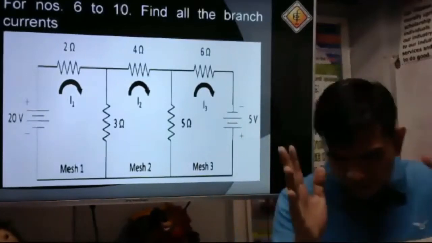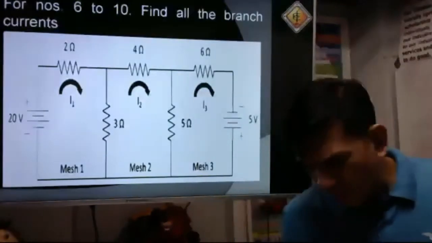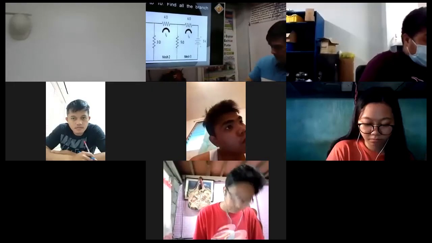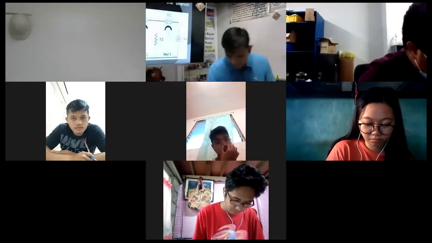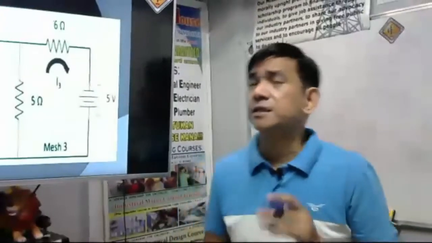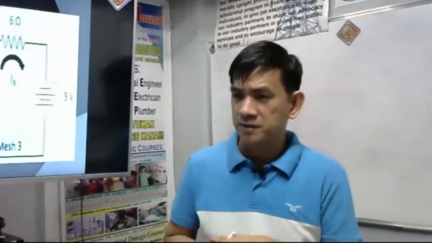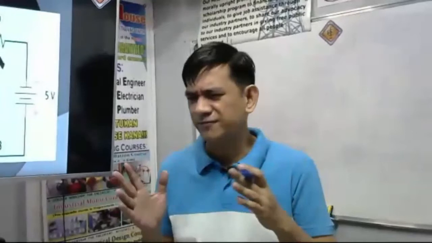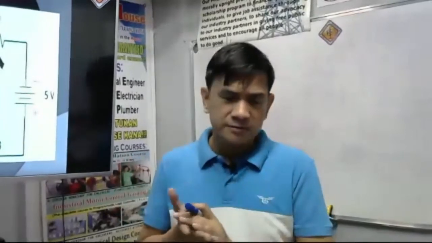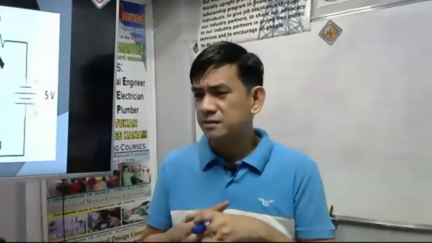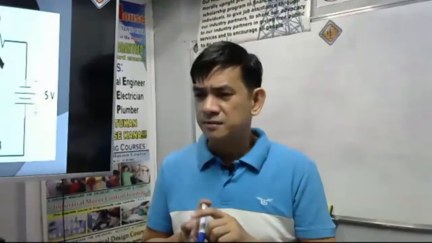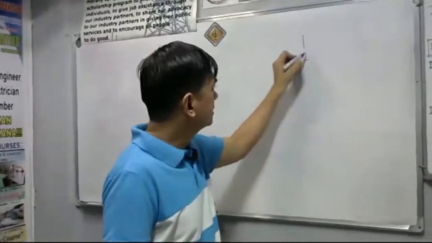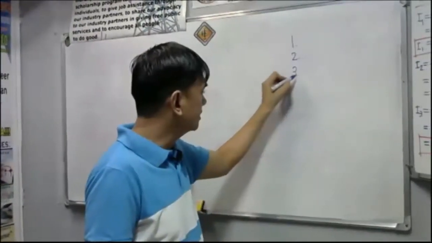I'll share to you one examination in a company. This is a company exam. Before I solve this last problem, I remember this is just a 2 minutes exam, around 10 to 20 items. I already forgot. These are just arithmetic. These are the questions. Now, the questions are something like this one. I share to you this, guys.